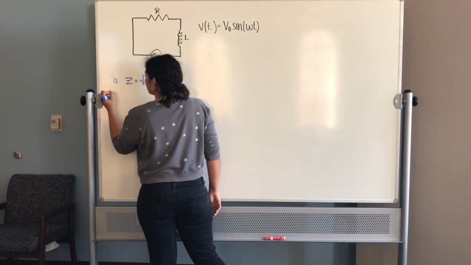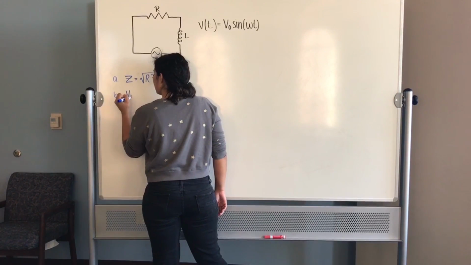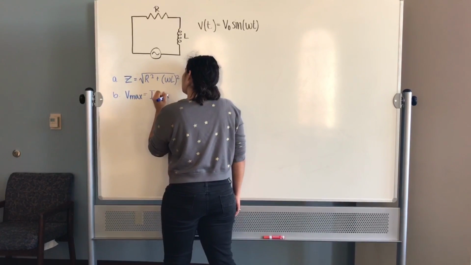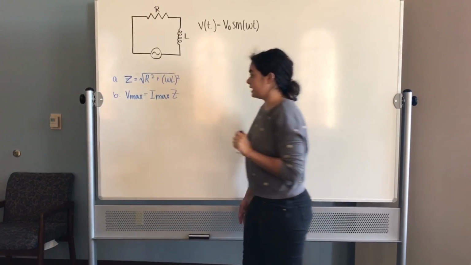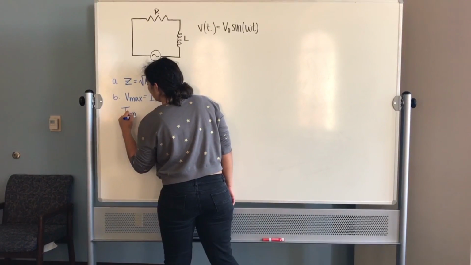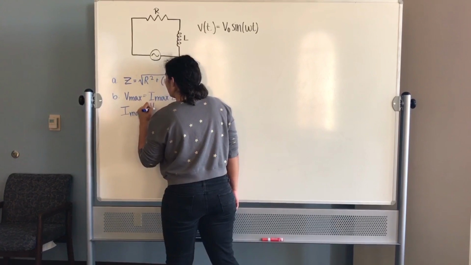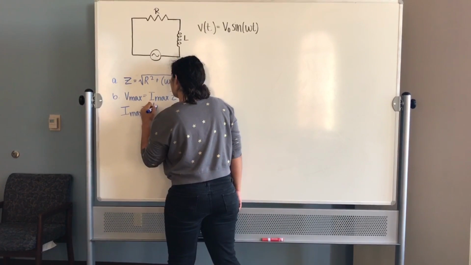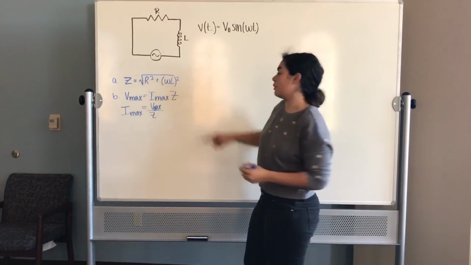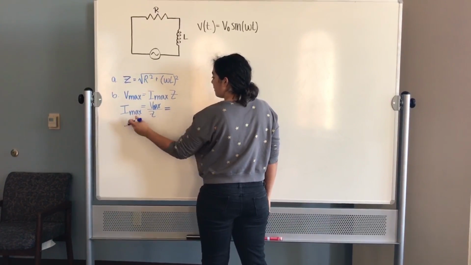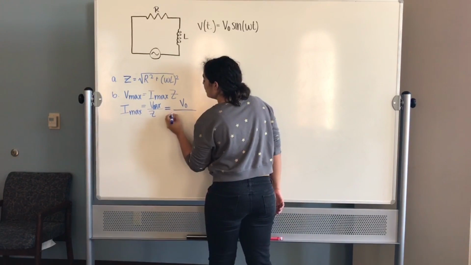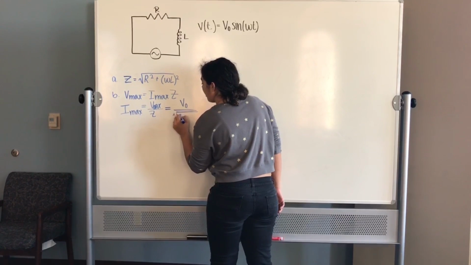So we have the equation that is similar to Ohm's law that gives us Vmax equals Imax times the impedance, and therefore we can solve for the amplitude of our current by the amplitude of our voltage over the impedance. Plugging in our impedance from question A, we get that our maximum current is equal to the maximum voltage, given by V naught,